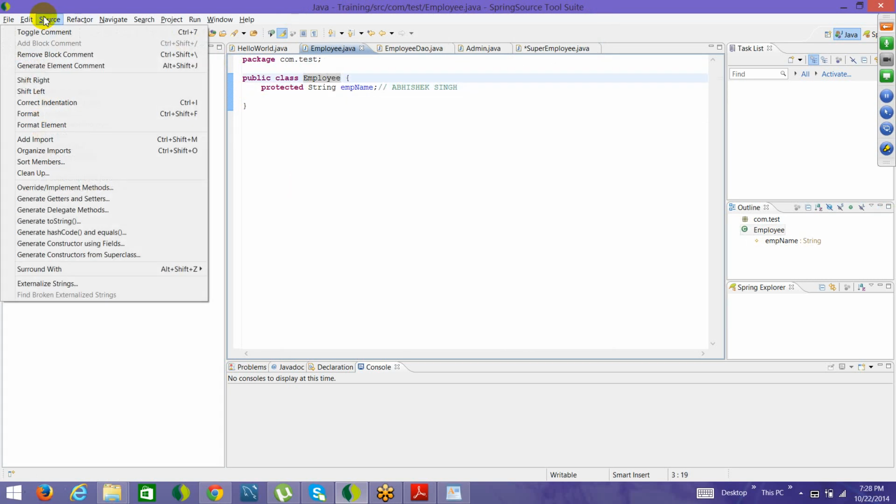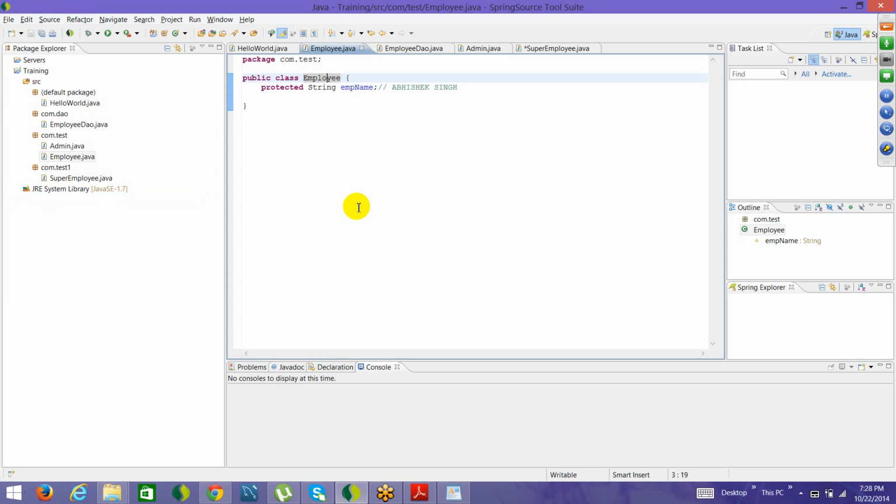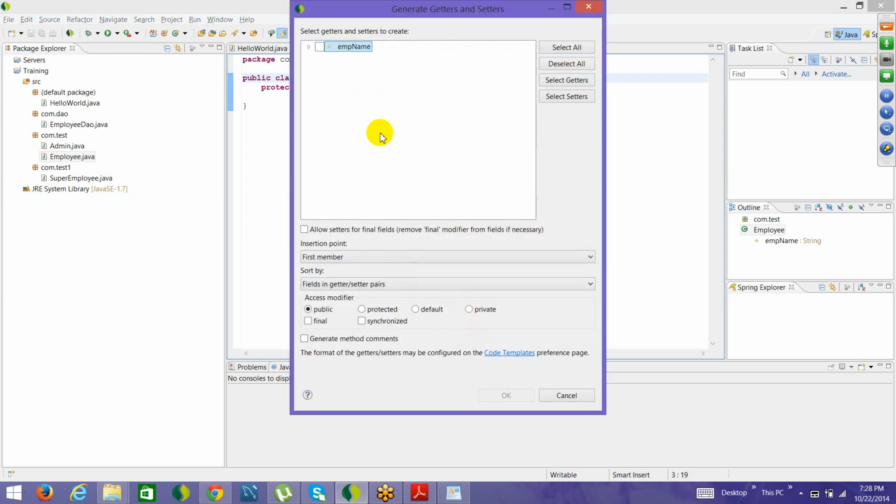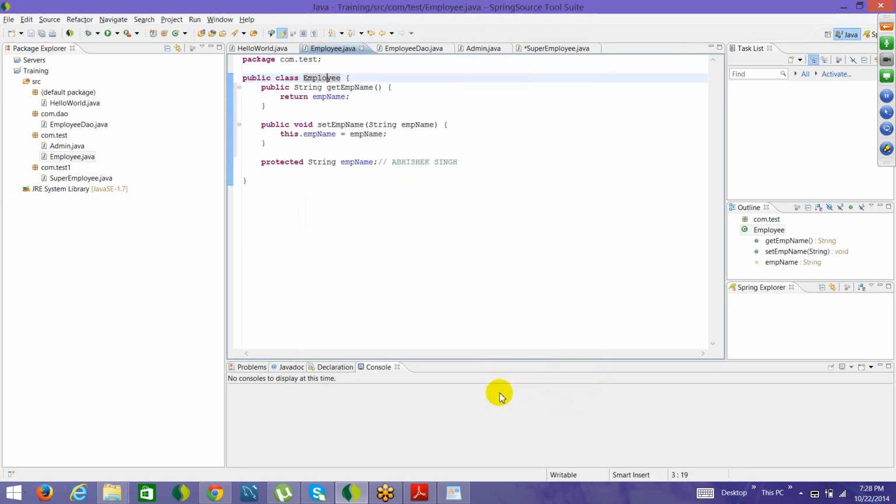I'll just add here the getter and setter methods, a get method and a set method for this particular Employee empName attribute. So if that is the case, I come here, and remember this empName